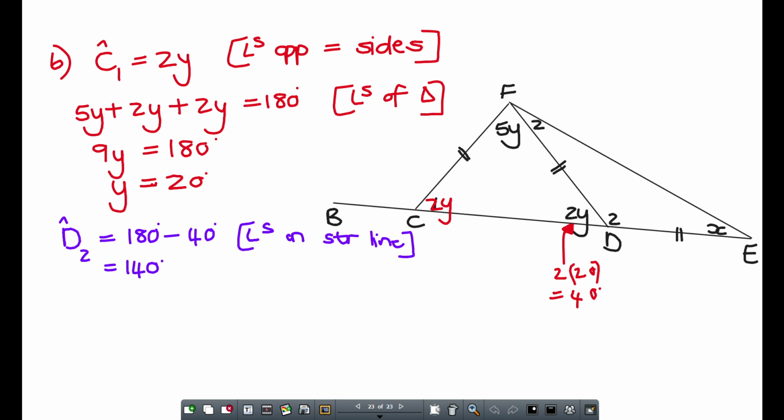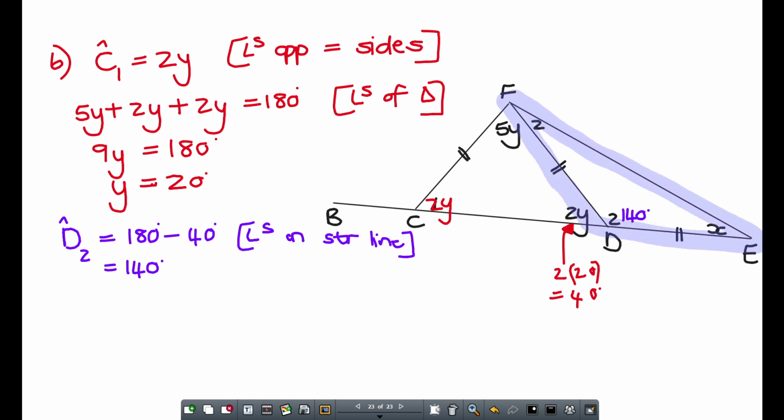Come on. Okay, so we said angle D2 would have been 140. Okay, and then because this angle here was now 140 degrees, I want you guys to see that